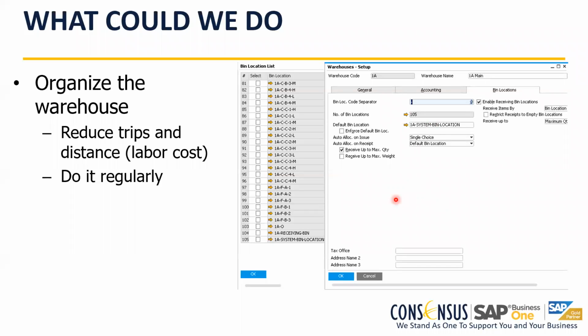But be sensitive too that if you create bins, then you're going to have to enter an additional piece of information every time you do an inventory transaction. So be aware of that.